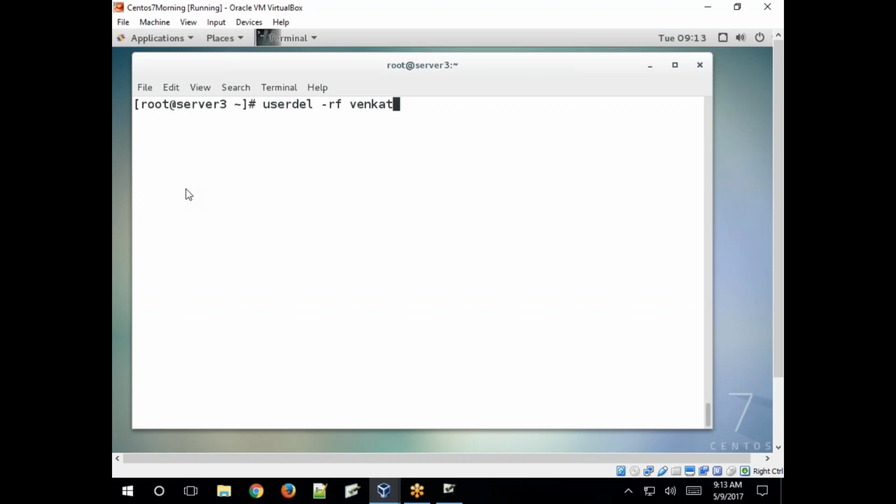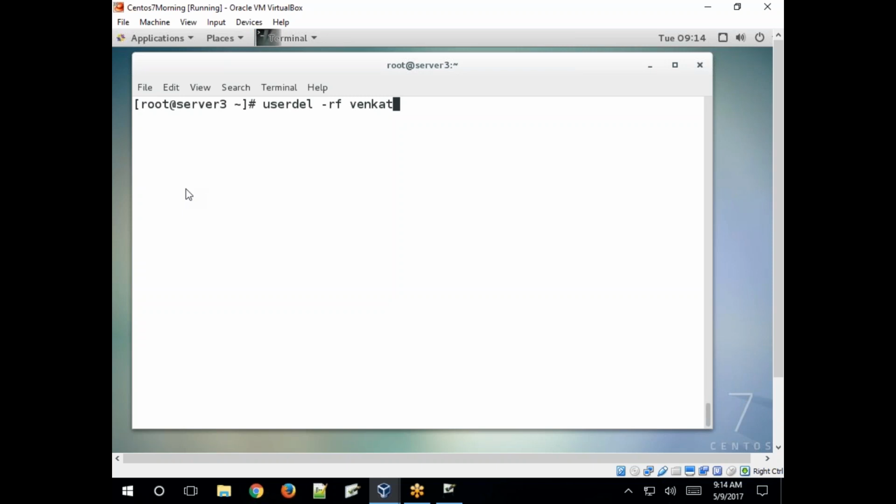If you specify the hyphen rf option, then the user account information will be removed from the passwd, shadow, and group files, and the home directory is also removed. Complete information. Whatever is related to the Venkat user will be removed from your Linux system.